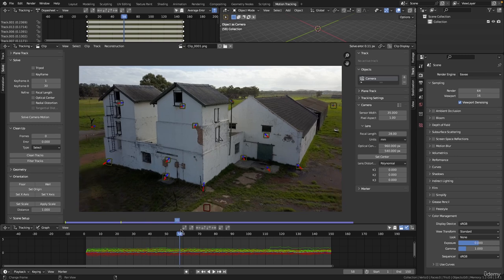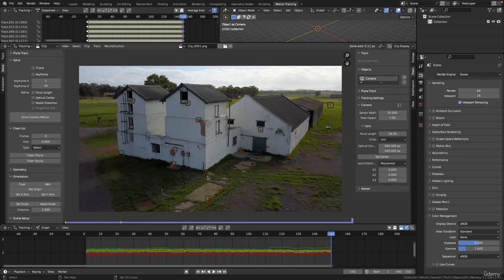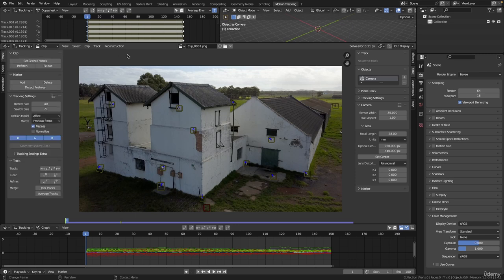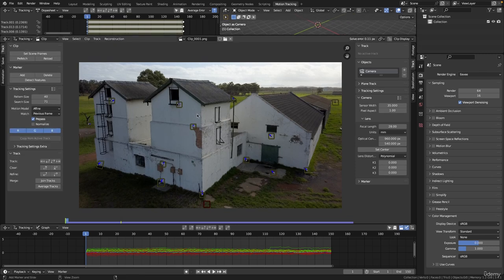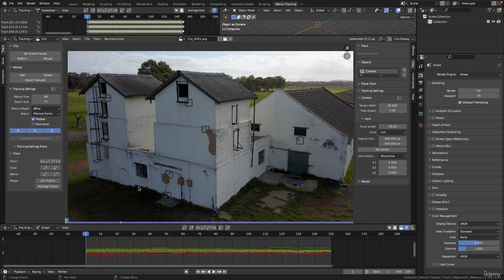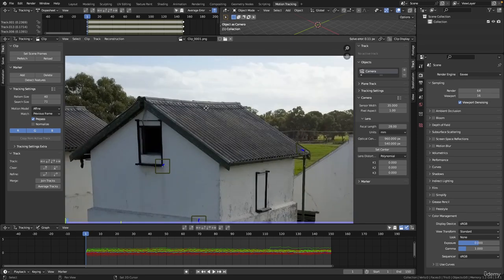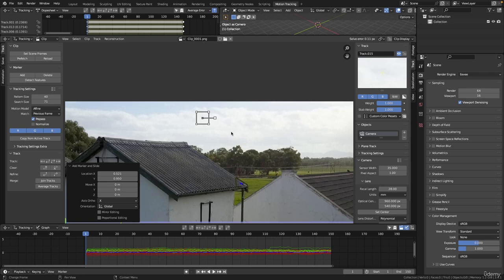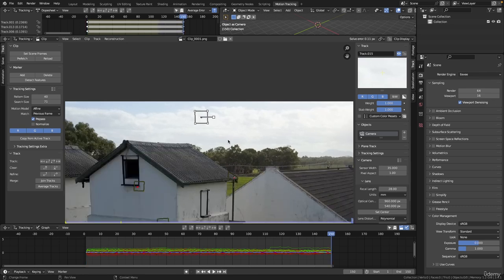In our case we don't have any bad tracks at the moment, so I'm going to manually create some really bad tracks, and then we're going to see how we can refine and delete them to create a better solve. So I'm going to go back to the track tab on the left hand side because we're going to add some new trackers to the scene. Make sure you're on frame 1, and I'm just going to add some really bad tracks here in the clouds maybe. So let's add one here, and I'm just going to track that forward, Control T,